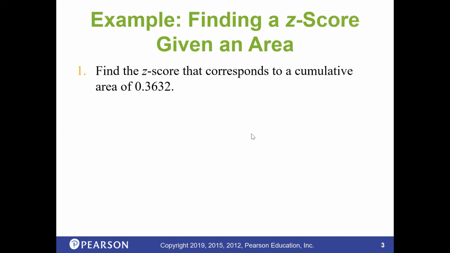So let's begin. Problem number 1, go for it. Find the Z score that corresponds to cumulative area 0.3632. So of course, we're going to do it by table, and then we're going to do it by technology. So 1 and 2, let's go for it. If we did it by table,